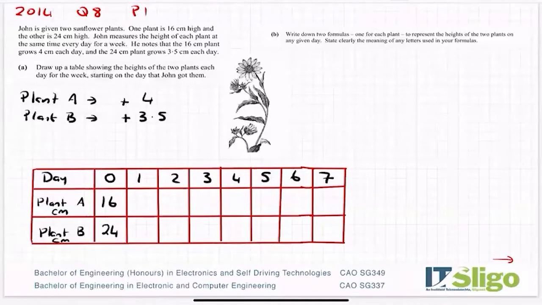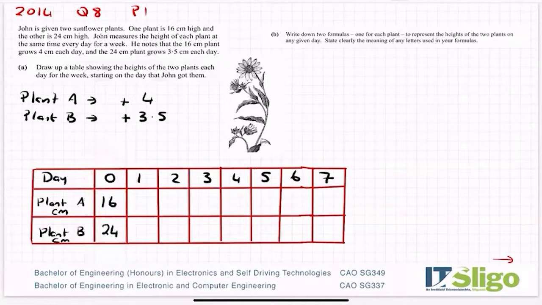Okay, so I have a couple of pieces already done. I just created this table here, which is the days of the week. So we have to measure their heights for a week. Okay, so that's my 7 days. I've just called the plants Plant A and Plant B. You can call them Plant 1 and Plant 2, whatever you want. And I've included this day 0